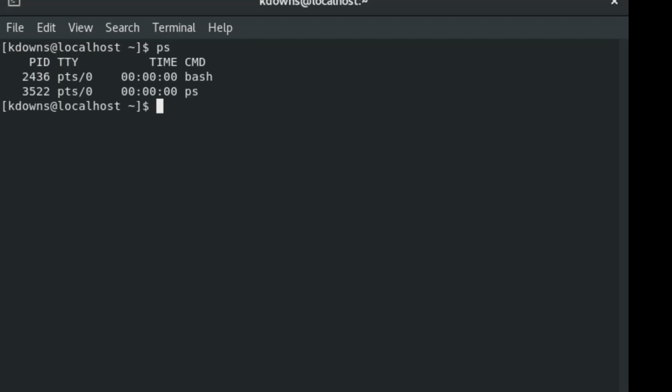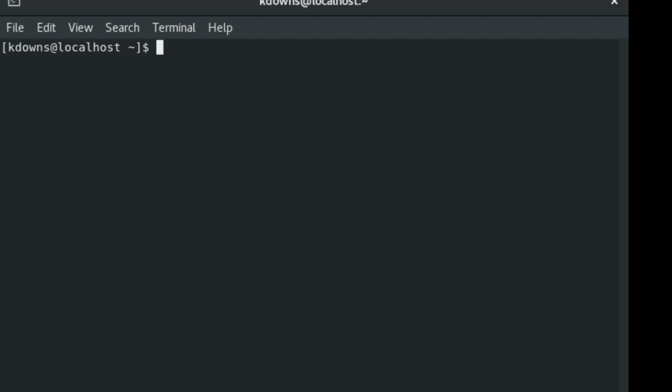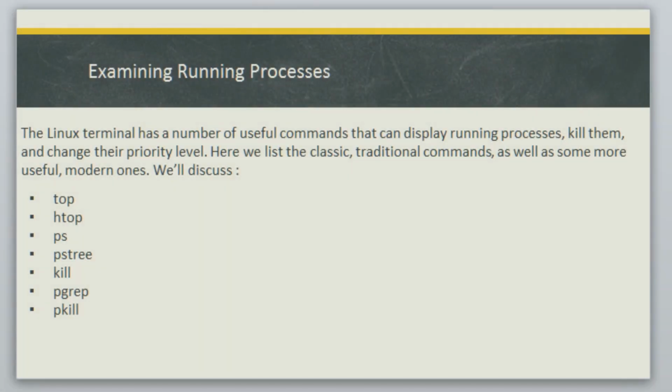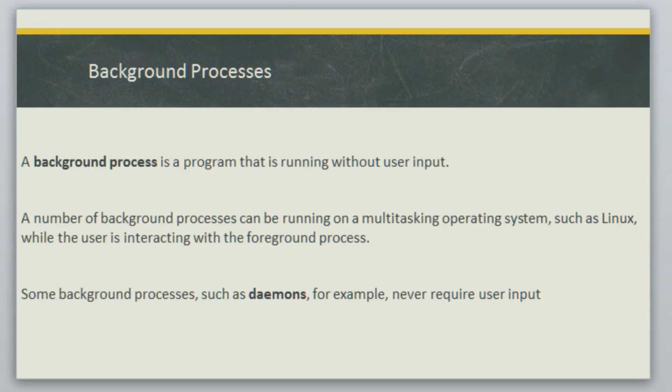In this case, all we have is bash, which is our shell running, and then ps, which is the ps command we just ran. Okay, and then we could type in kill to kill a certain process, but we'll look at that a little bit later. Let's go ahead and head back to our PowerPoint here. So next we're going to look at background processes and how those